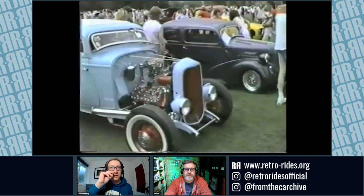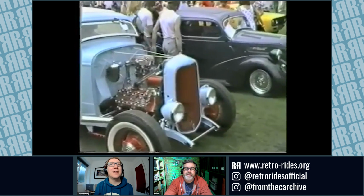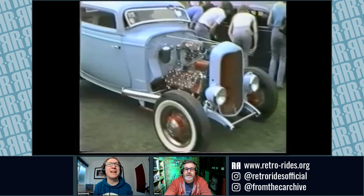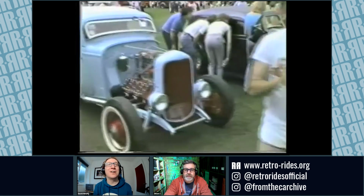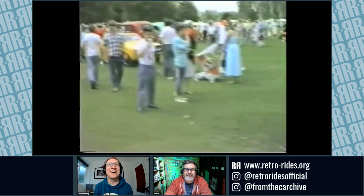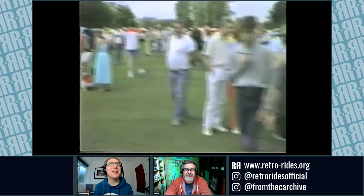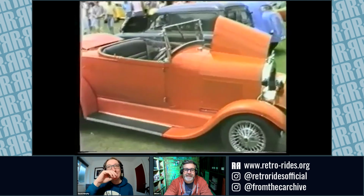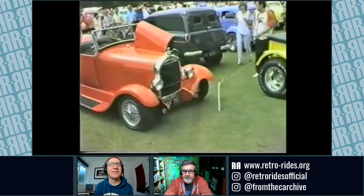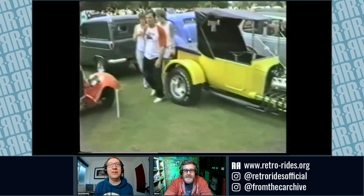It's interesting as well because the amount of cars that are clearly high quality here. You always have the impression a little bit of the 80s of cars being a little bit ropier at this point, I should say. Yeah. Because there was a scene that had built up quite quickly and people were cutting corners and, you know, they didn't have as much stuff available doing stuff in the UK. Yeah. But, you know, a lot of these...